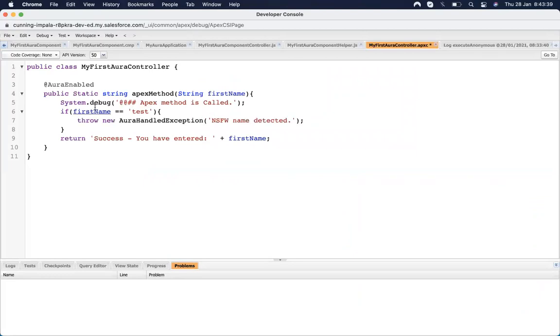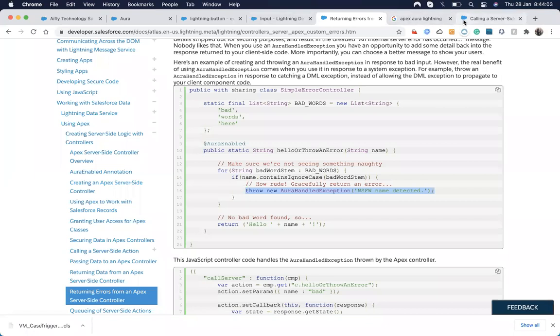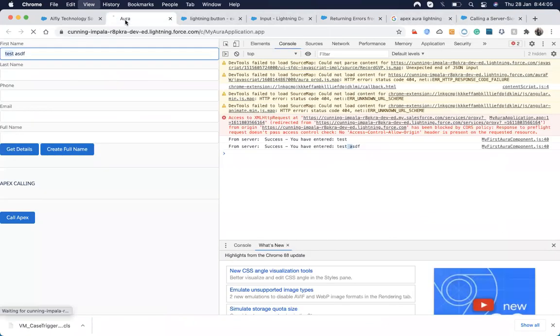Throw an exception that you have not made any changes in the first name. And save it. Now I'm coming up here and refreshing it.